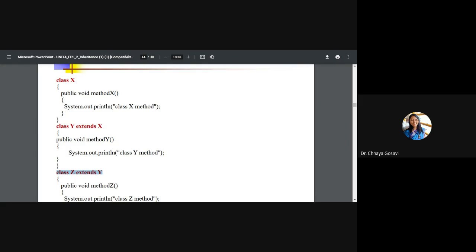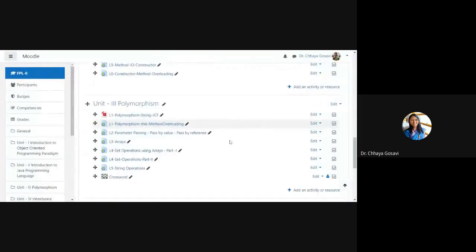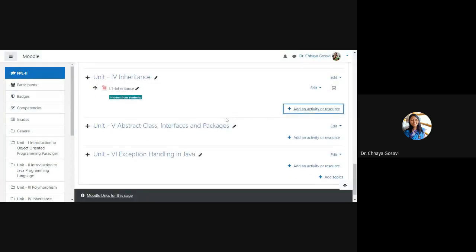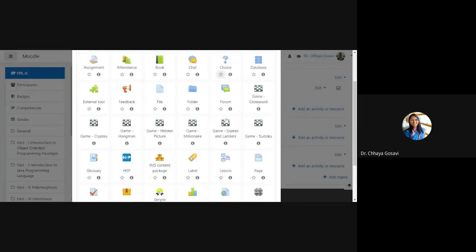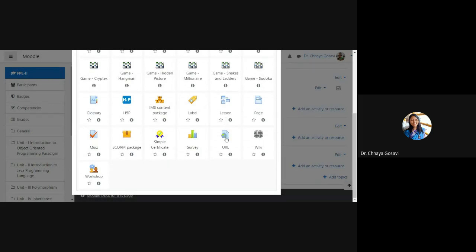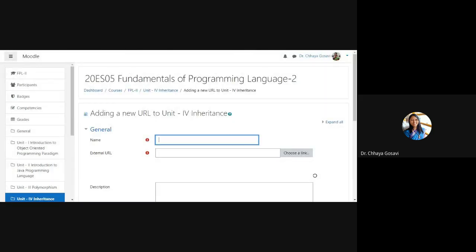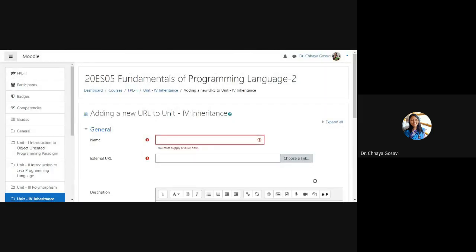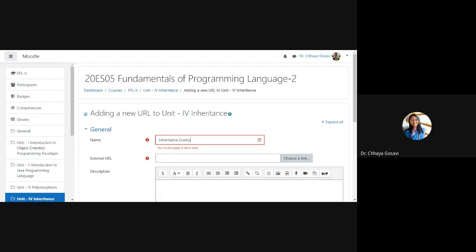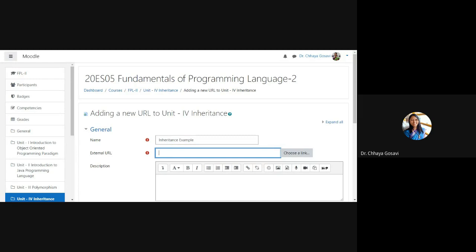You can create one more class and check how it will work. So here I'll add in unit 4, inheritance example.